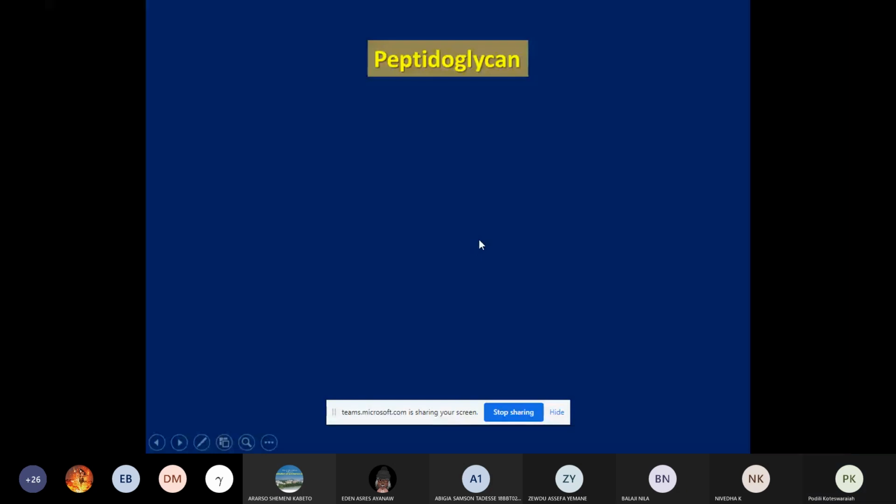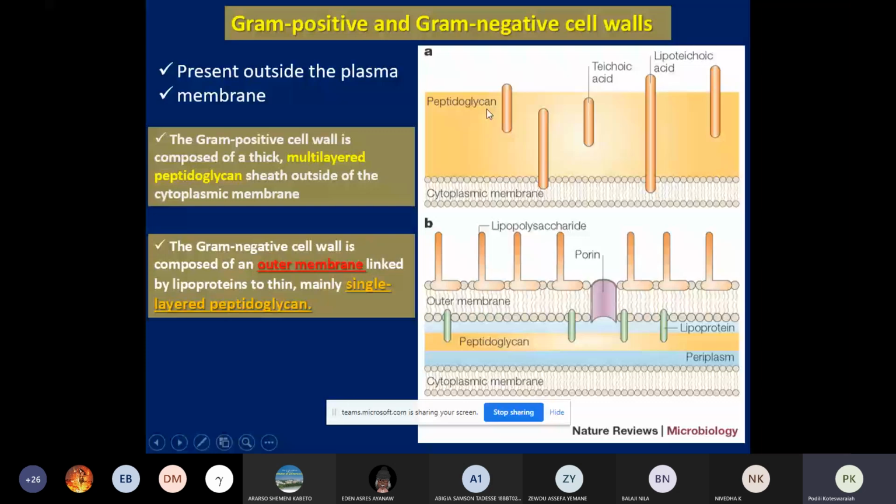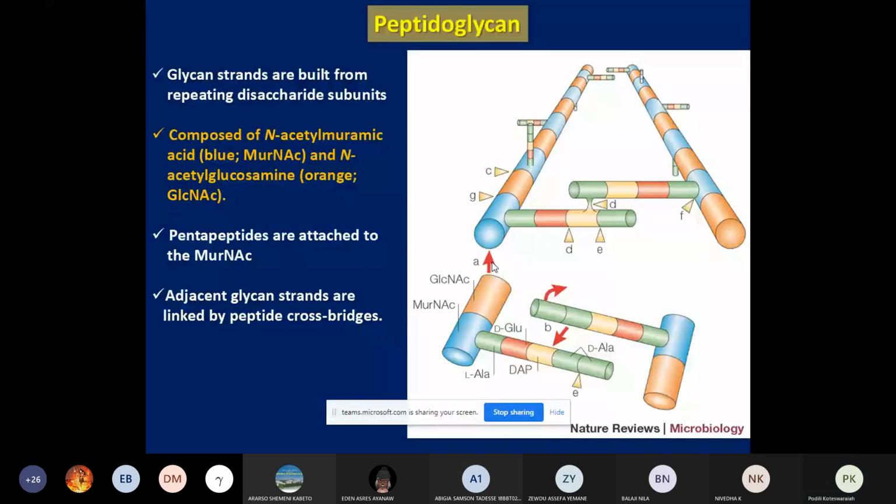We have already said the peptidoglycan is present outside the plasma membrane, and it is multi-layered in gram positive organisms, whereas its thickness is very much less in gram negative organisms. This peptidoglycan protects the organism, helping it sustain the internal osmotic pressure that is developed. And if you see the chemistry of this peptidoglycan, it is a polymer of N-acetyl glucosamine and